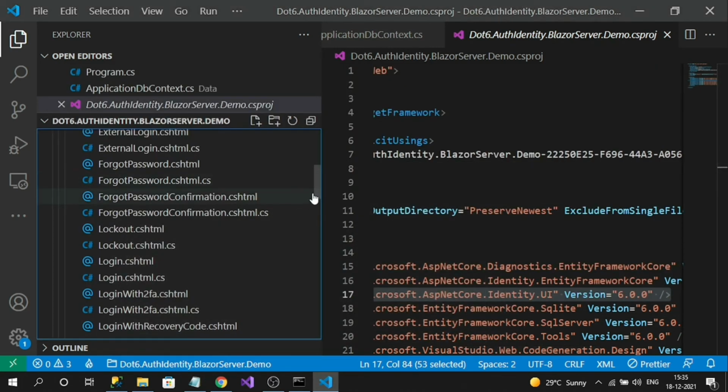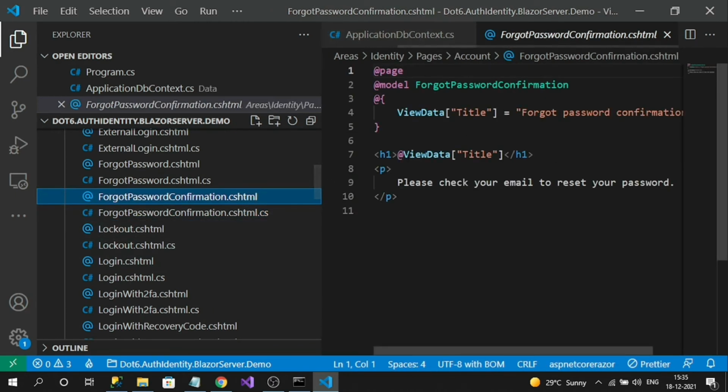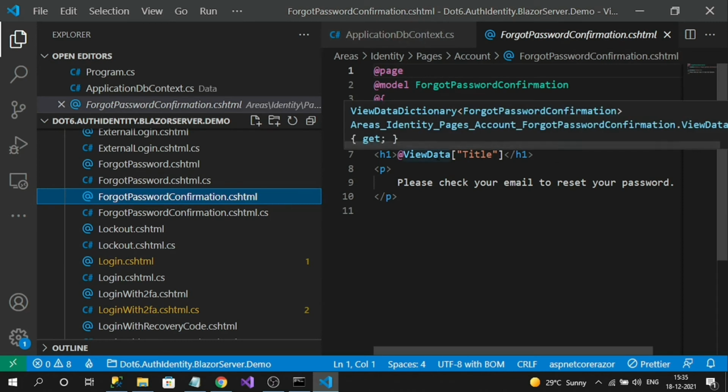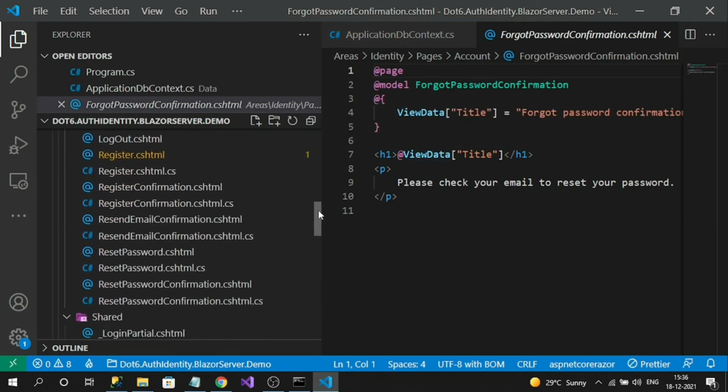So now what you can do, these are all Razor pages. Microsoft Razor pages. Now if you want, you can customize the logic, and in the CSHTML files you can redesign your UI. And I have promised I am going to show one development code that needs to be removed for production, right?